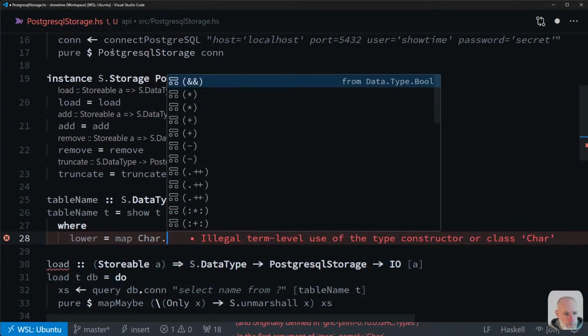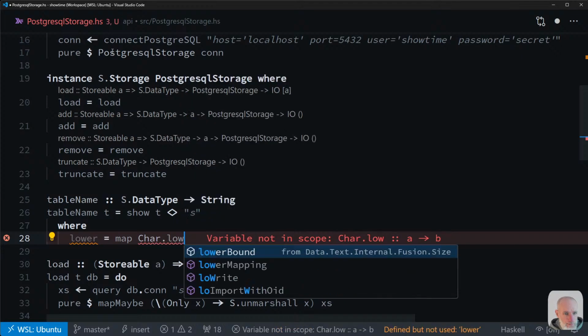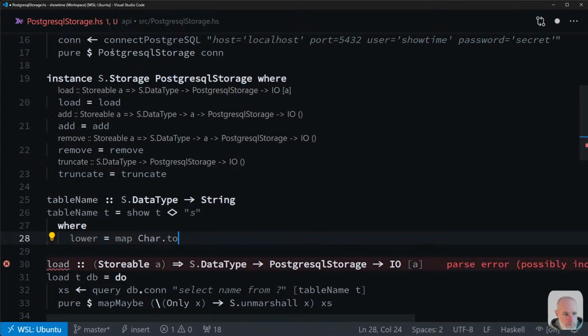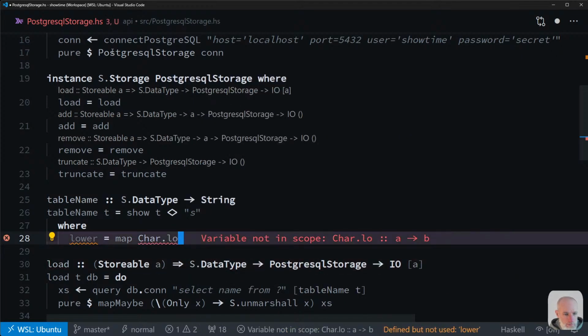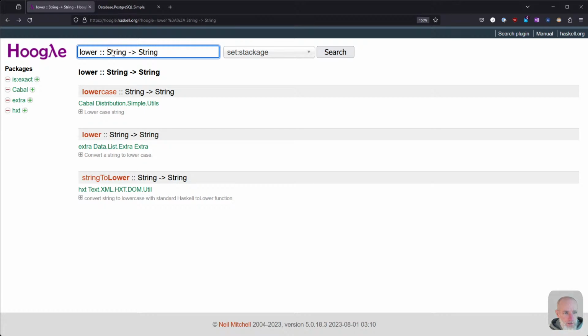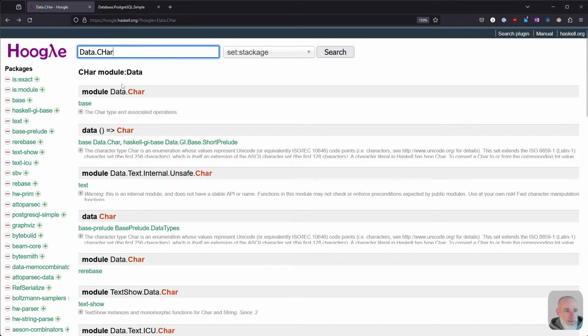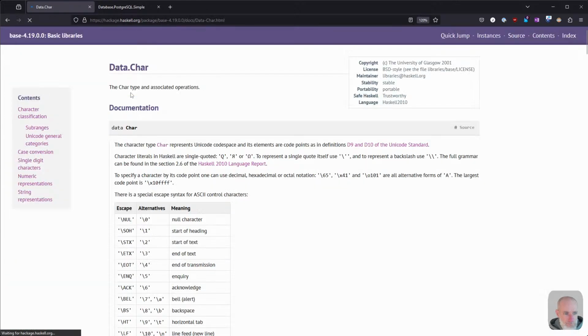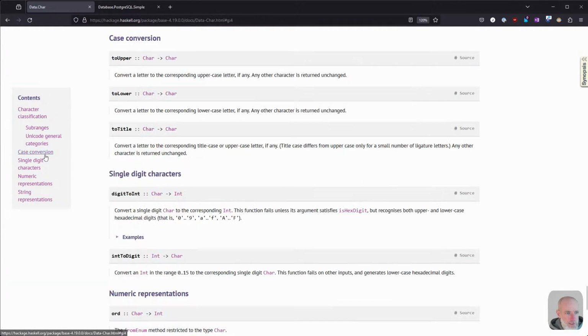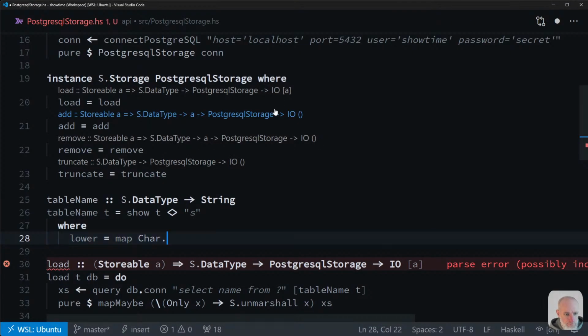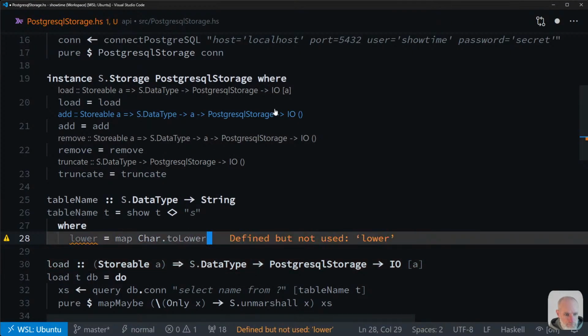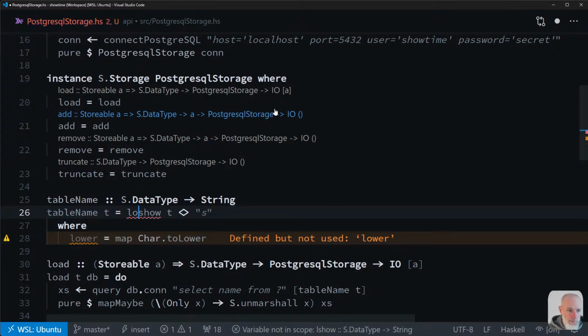This is going to be char dot. I thought there's some kind of thing in data.character, but obviously not. Case conversion to lower. Don't know why that didn't show up. Okay. So it's going to be lowering